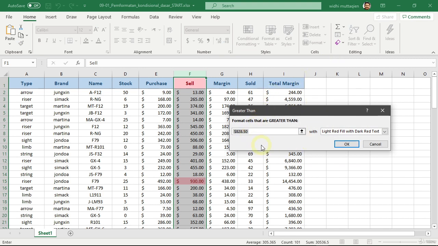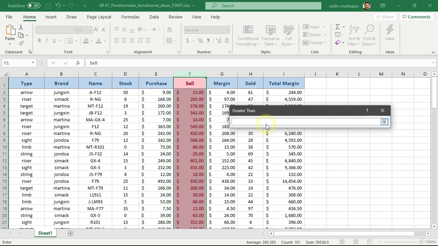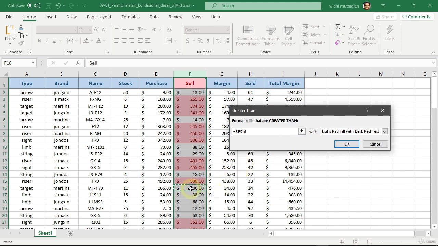In this menu, we have to define the threshold value. We can type in here 200 manually like this, or if you see the number that you want exists in the grid. For example, we can see that the selling price in cell F16 is $200. You can just click this button. Remove any text just to be safe. Then, select the cell and press enter. Excel now references this cell to get the threshold value. But you need to be careful, because if the numeric data from this cell changes, then the conditional formatting rule will also change. For now, I just type here manually 200.